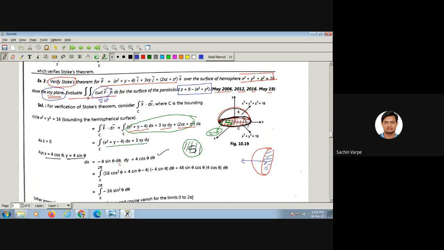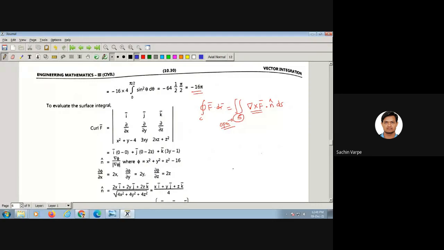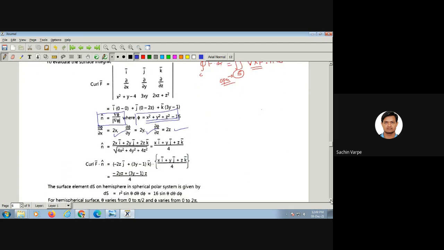So for any arbitrary surface, what do we do? How do we find its n cap? N cap will be the unit normal vector. So first of all, we will get n bar, that is del phi upon mod of del phi, right? So accordingly, we will get its n cap. You can see here n cap is calculated by phi. Sorry, this is your phi, and accordingly, n cap is del phi upon mod of del phi, where del phi we can calculate with these derivatives, and hence n cap is this one. This is your n cap.